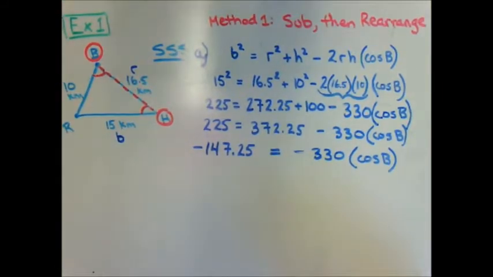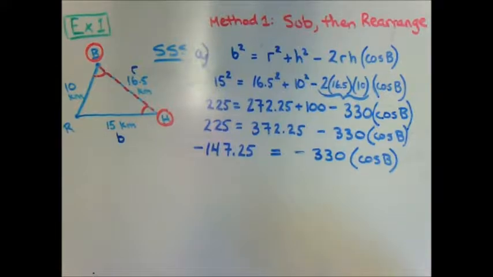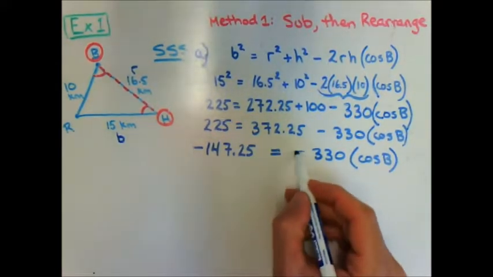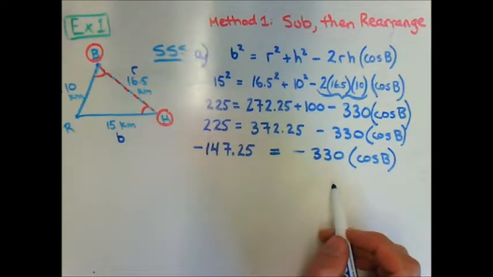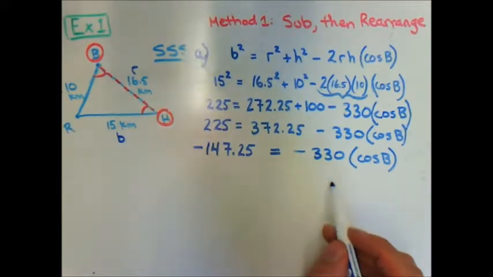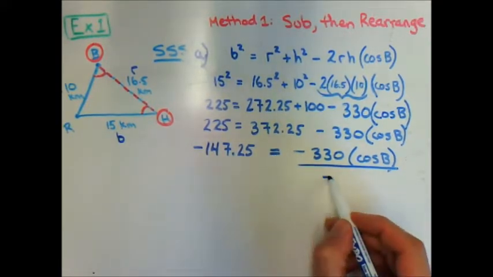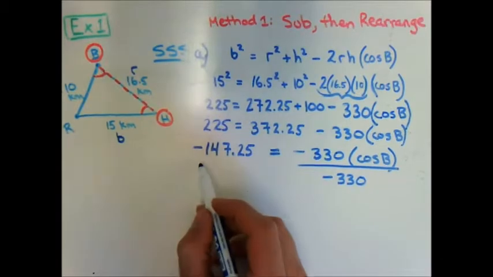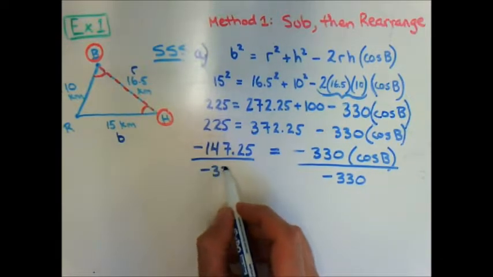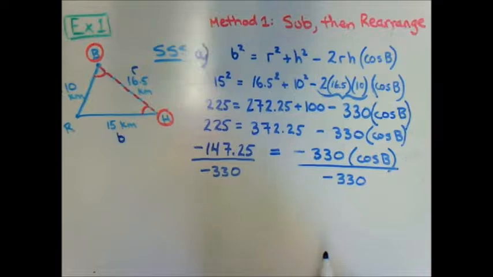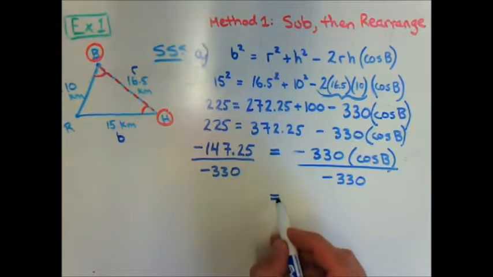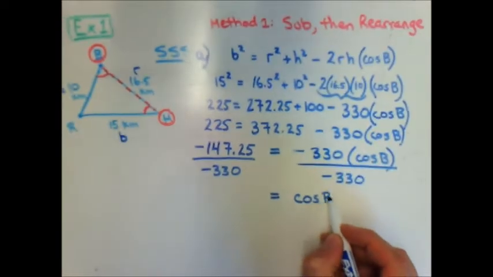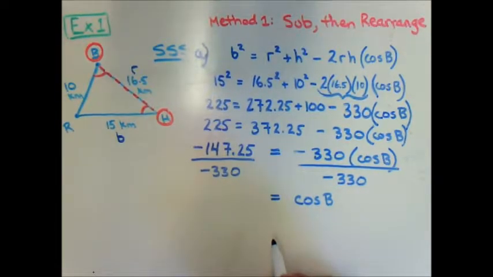Remember, our goal is to isolate B. So we're going to isolate the cosine of B and then take the inverse cos of B. In order to do that, what's my next step, Amy? Yeah, let's divide both sides by negative 330. Make sure you keep that negative sign with the 330 so we can get rid of it. Which means on the right, we're just left with cosine of B. And on the left, we're left with